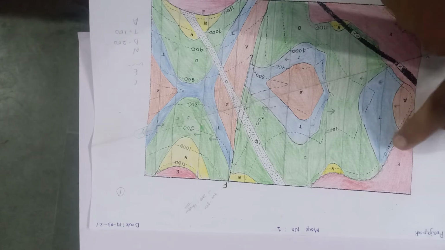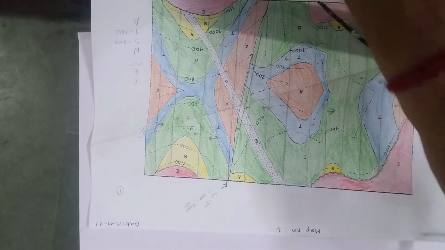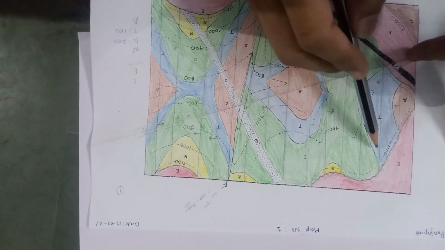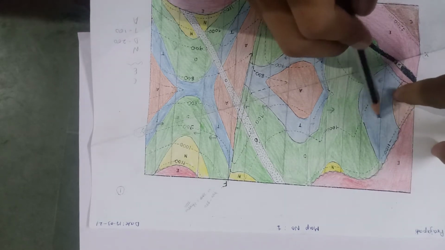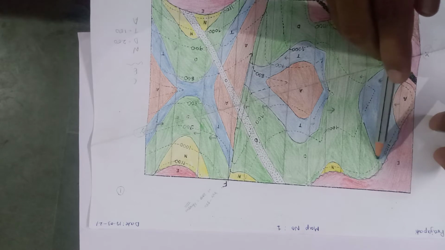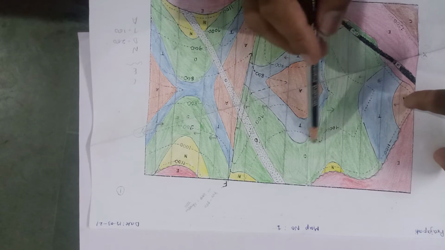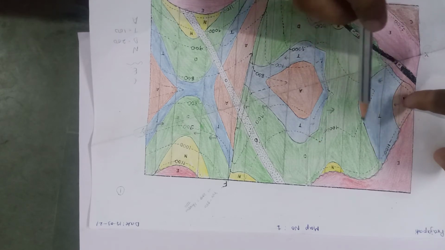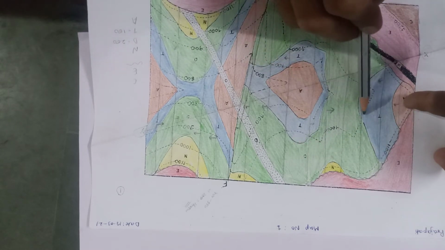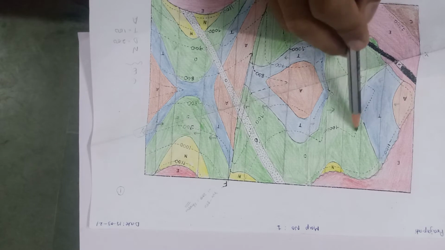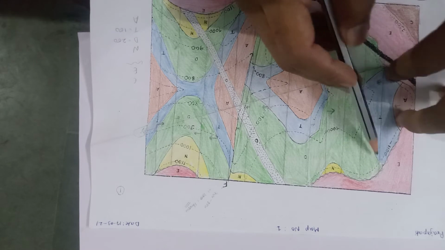Now you see that this strike line is intersecting a continuous line which connects two beds, like T and D. T and D here also connect, and T and D here also. These two strike lines are intersecting the same contact, T and D, at two different elevations, because this indicates 1000 elevation and this is 1100 elevation.